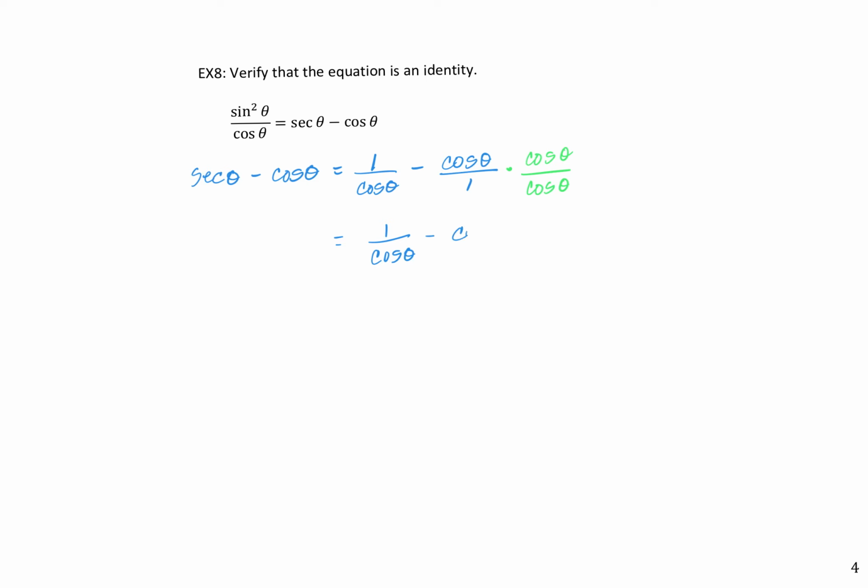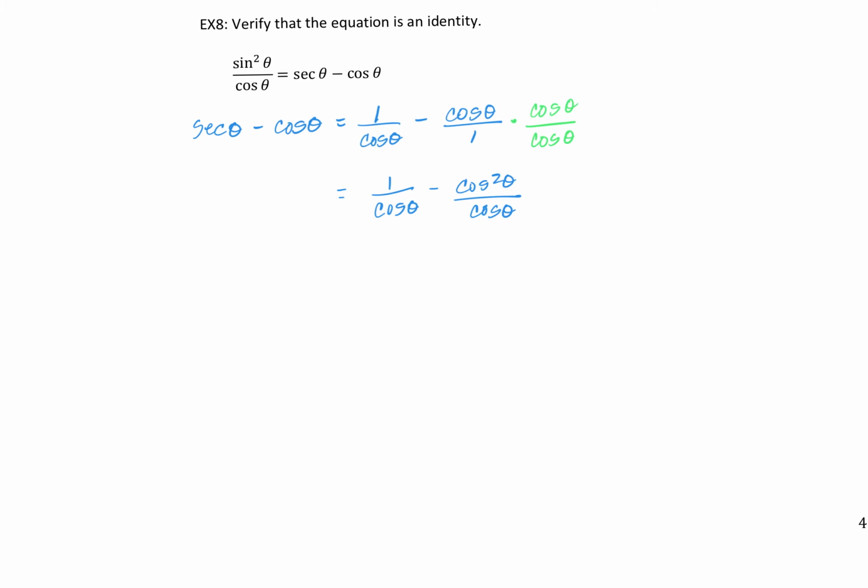This becomes cosine squared theta over cosine. And now that I have common denominator, I have 1 minus cosine squared in the numerator